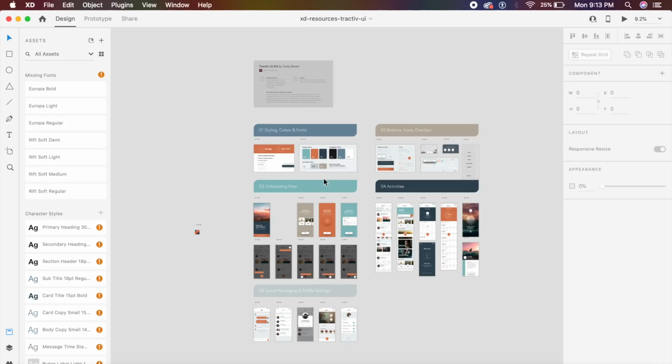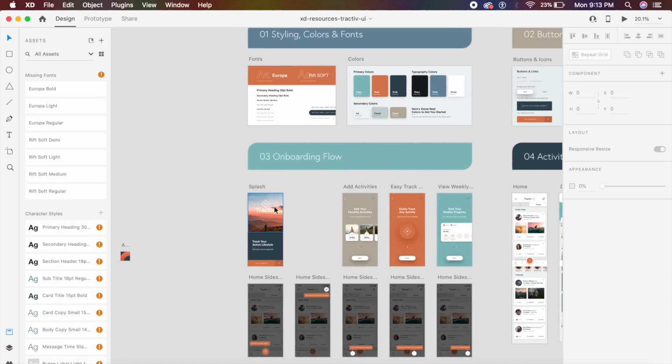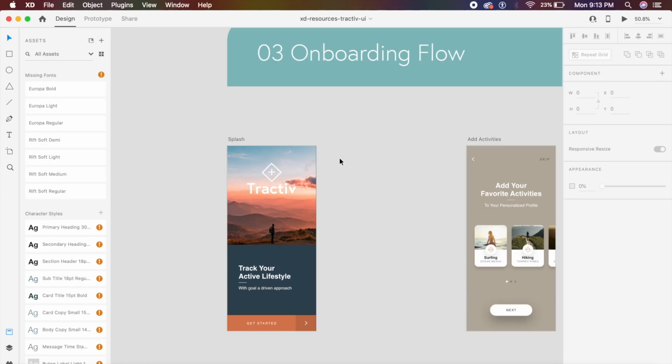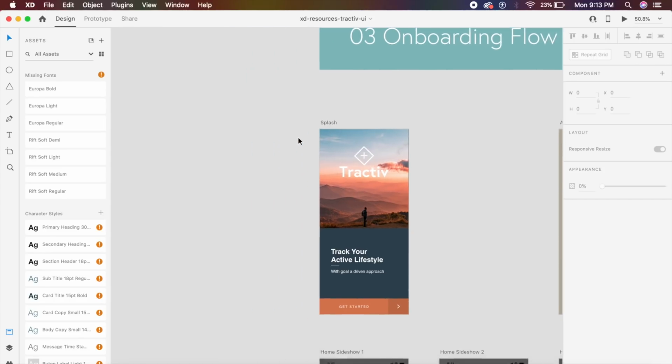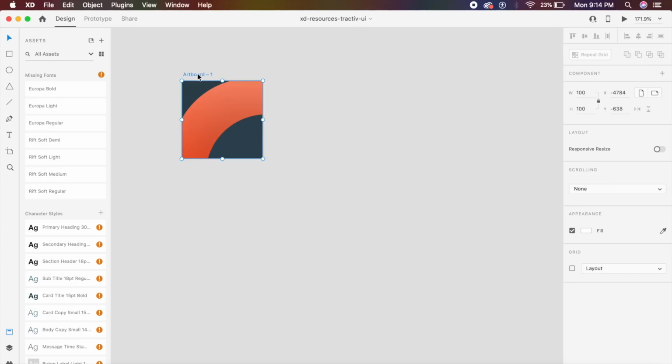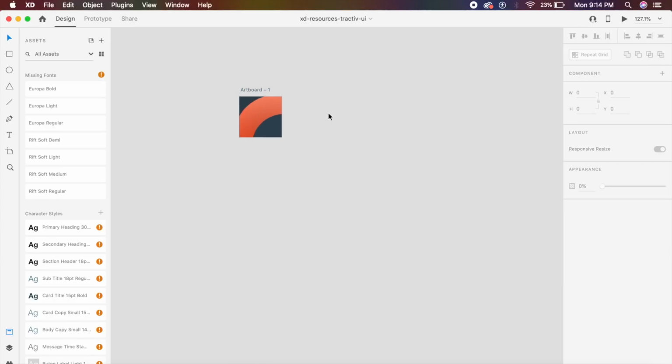Once you download and install it, go ahead and open up your Adobe XD file. So there are two things we will create. We will create an application design. This is actually from a UI kit called Tractive UI. It's free on Adobe XD's website. And one thing is the Android application cover or application icon. In this case, I've just created this really simple icon. I can edit it further, but for now, I just have this simple app icon here.